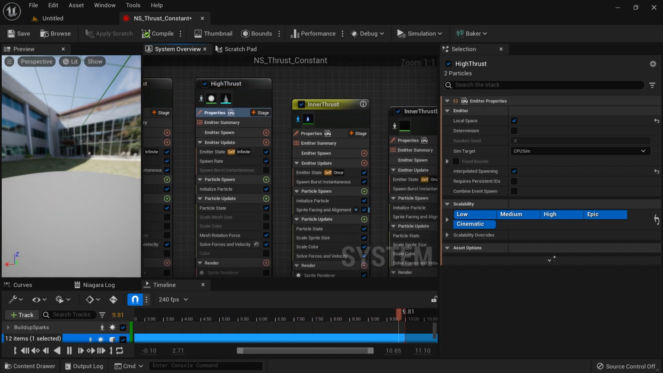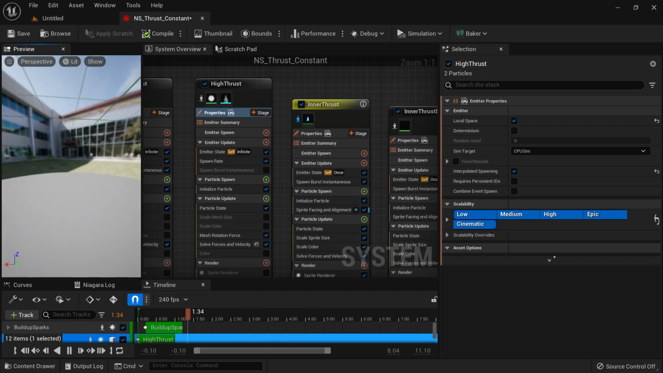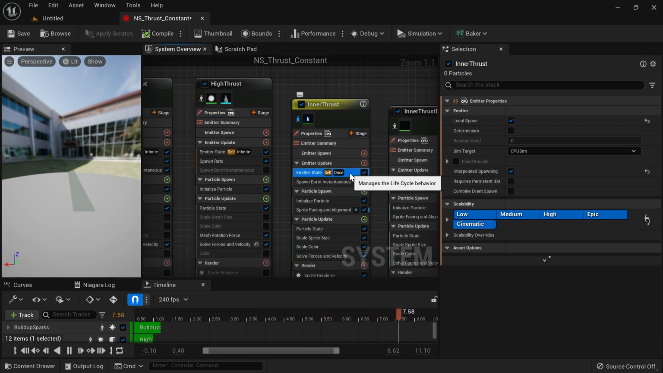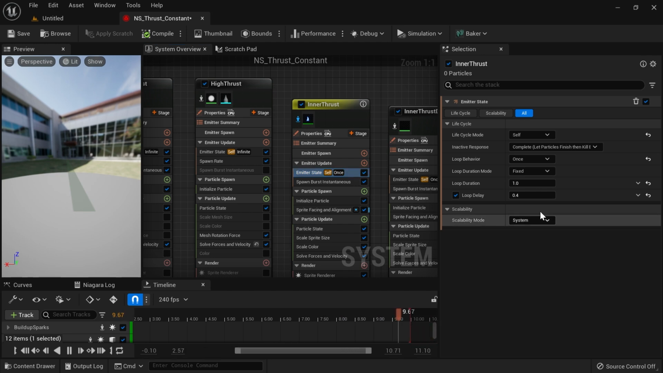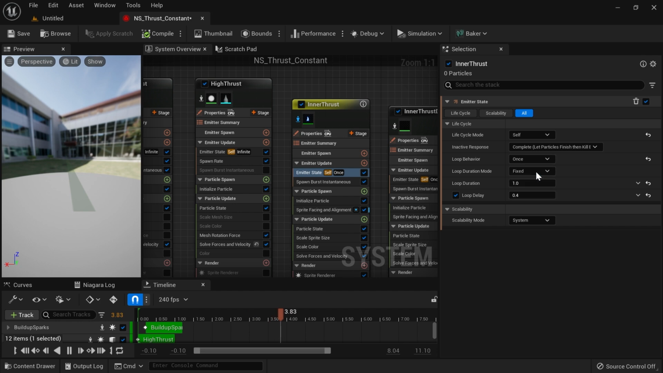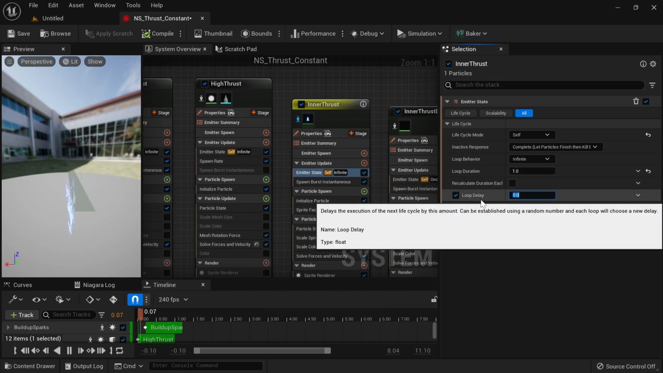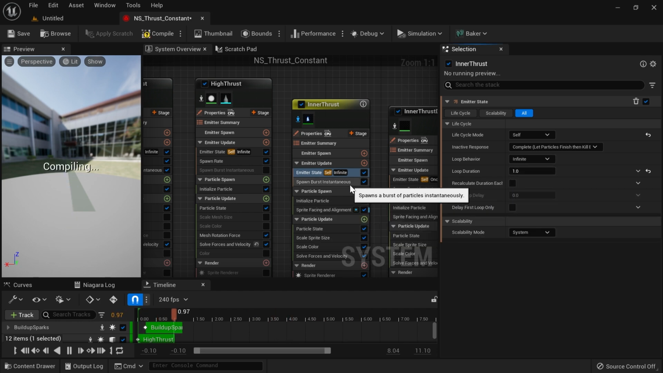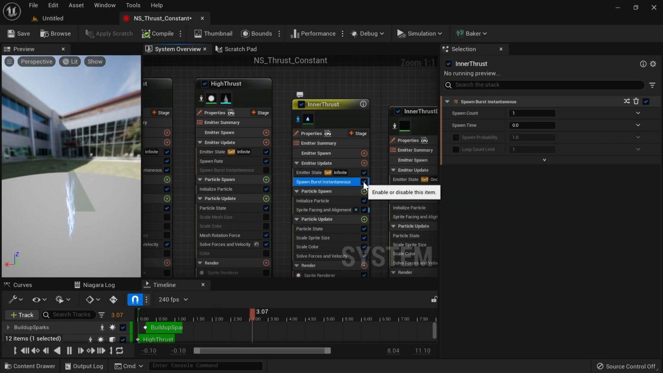So now for this inner thrust. Let's see. I don't see it spawning there. Oh, it's way below, right? Okay. So once again, with this, let's go with infinite, here infinite, 0, no loop. We want a spawn,